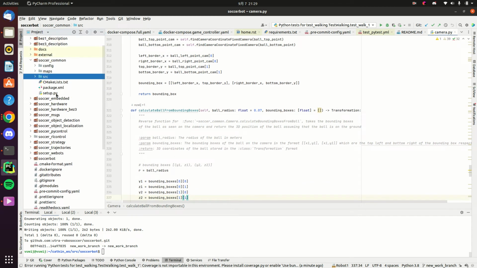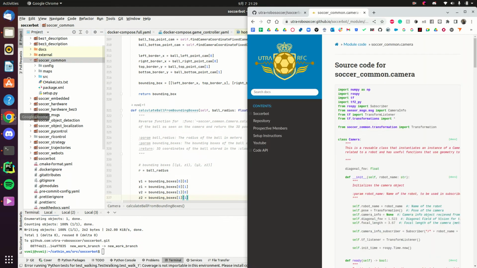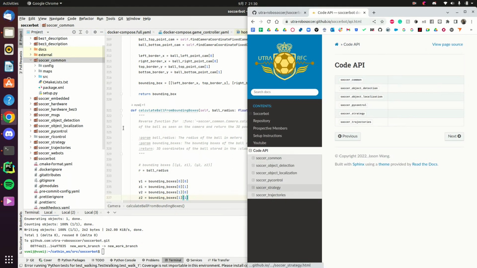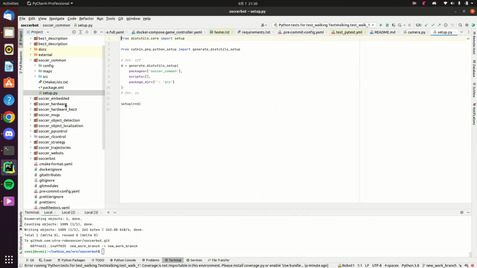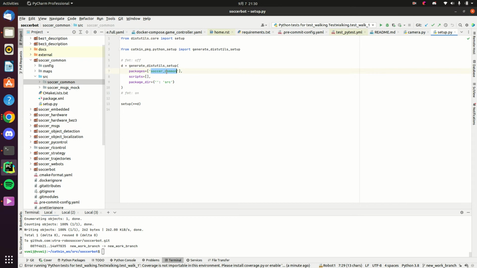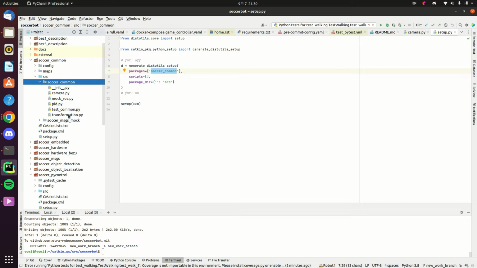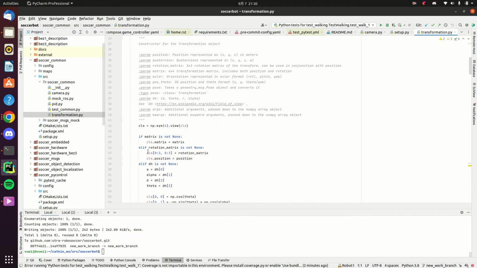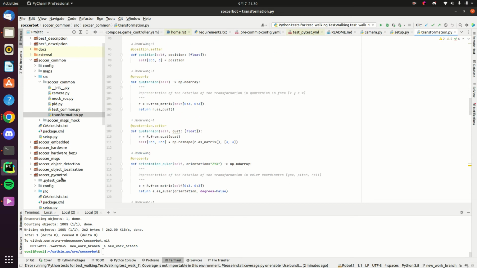Now, another thing I want to mention: all of these packages that I've mentioned here are both Rust Python packages, and they're also setup.py packages. What this file does is render this package, soccer common, as a package which can be used in a different location. For example, one of the most common things in robotics is a transformation, and I have this big transformation class. If I go to PyControl,